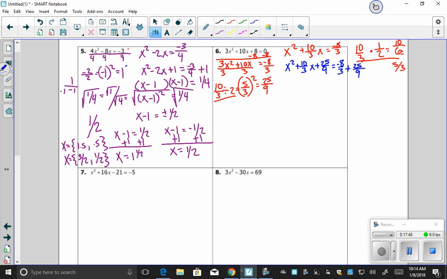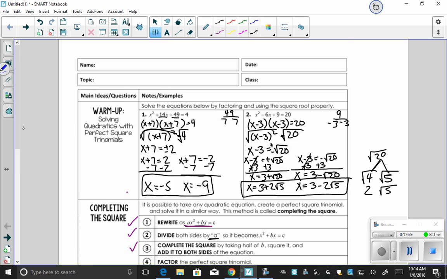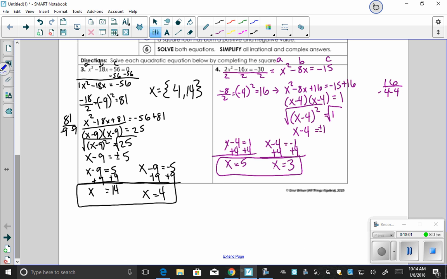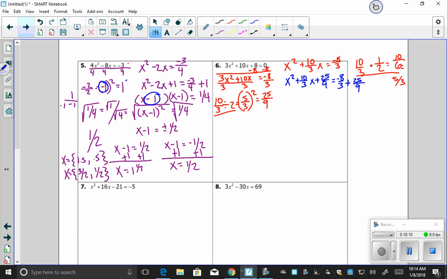If you've noticed, every time we got this number right here, it was the same as that number. Don't believe me? Let's go look at the other two. Negative 4, negative 4. Negative 9, negative 9. So when we factor this, all you have to do is say x plus 5/3 squared